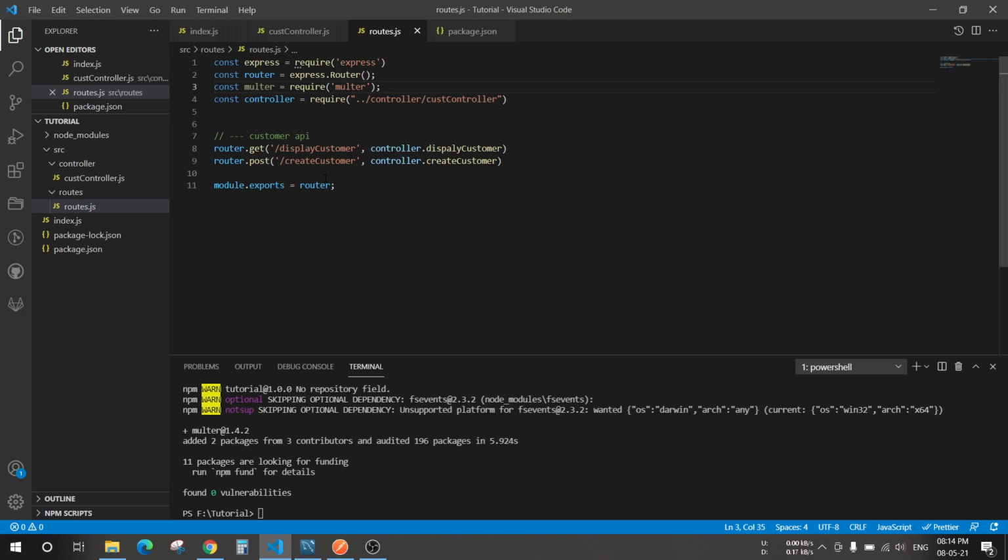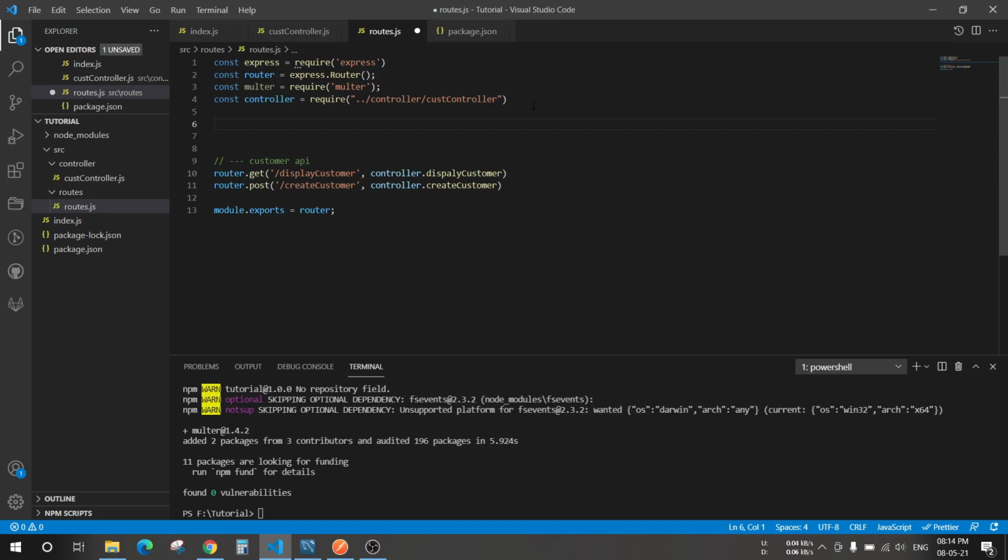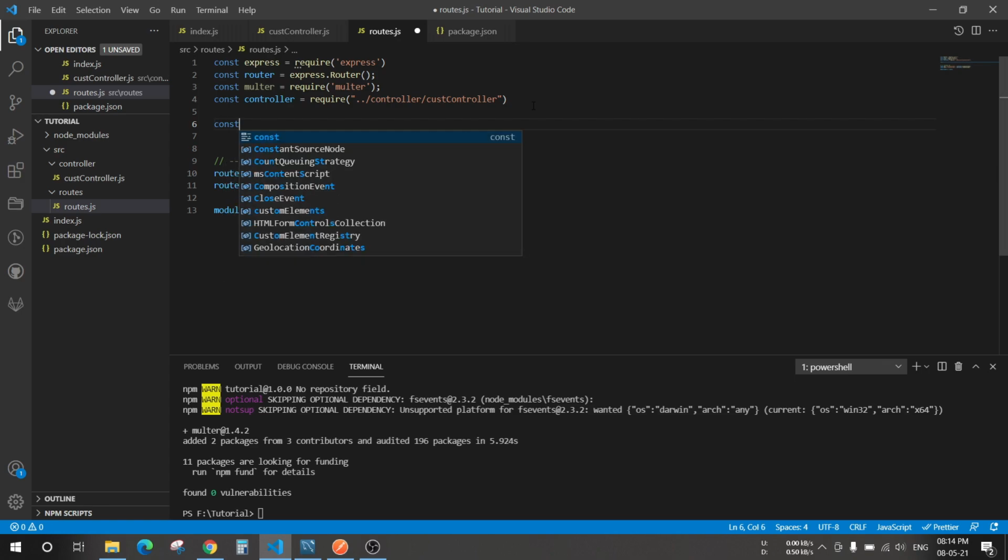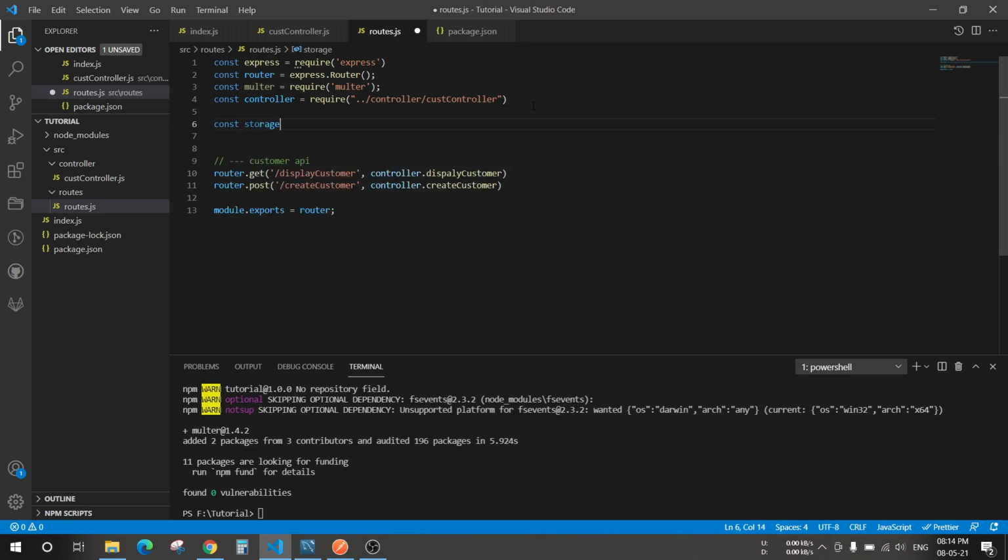Okay, now multer basically uses our disk storage. So const storage equals to multer dot disk storage.